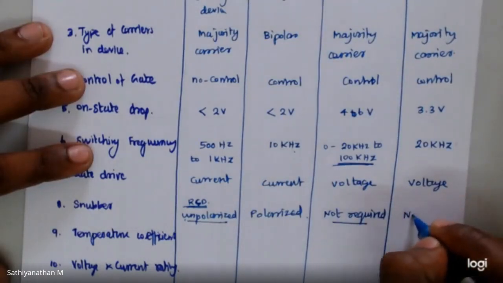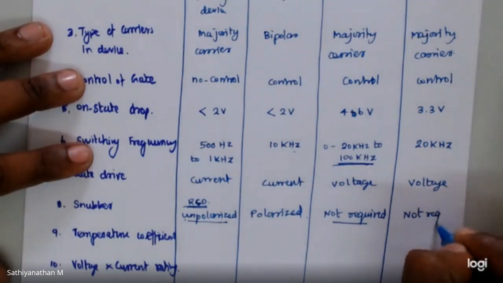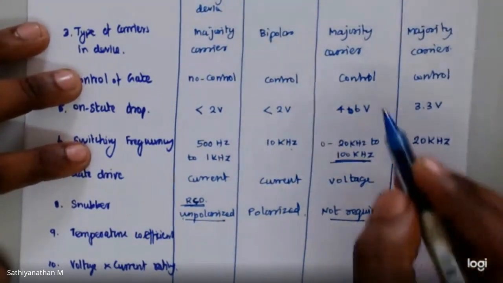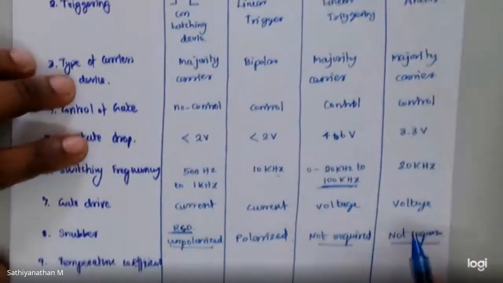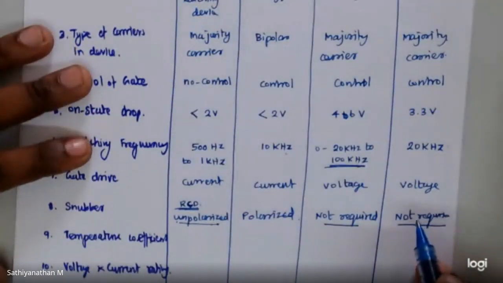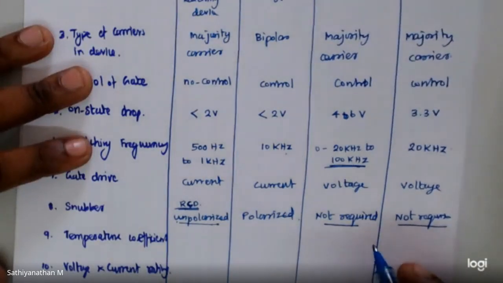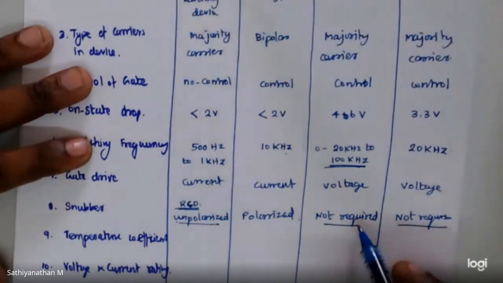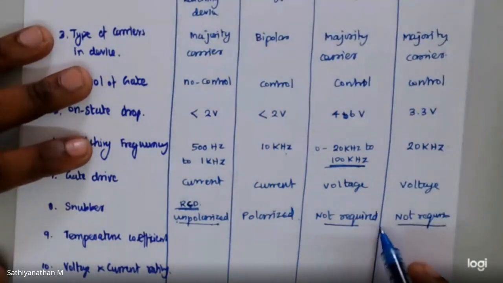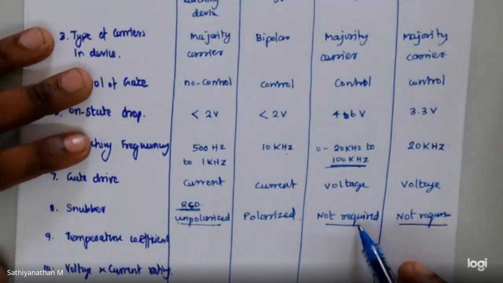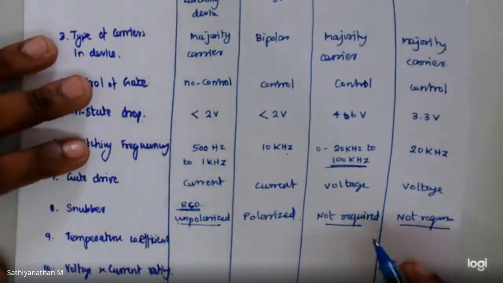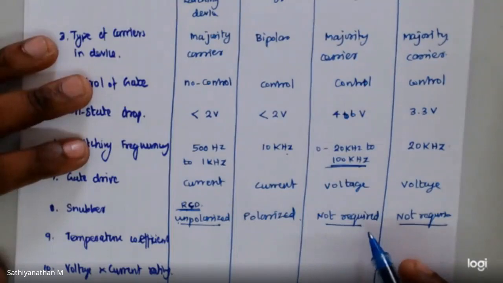Okay, and similarly for IGBT there is no need. Okay, so most MOSFETs and IGBTs come with some internal diode arrangement. Okay, an internal parallel diode or body diode arrangement that will take care of the protection. Okay, so in such a case, there is no need to provide an external additional circuit for snubber.